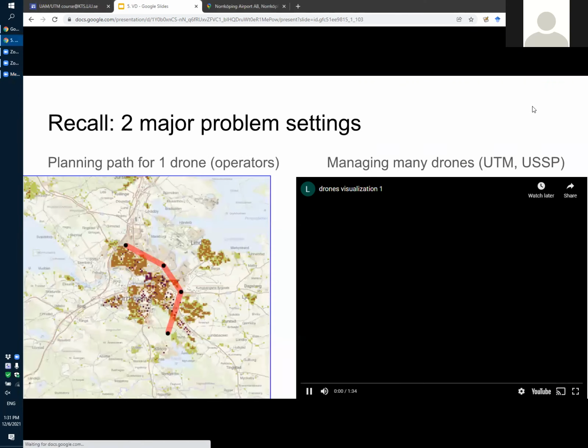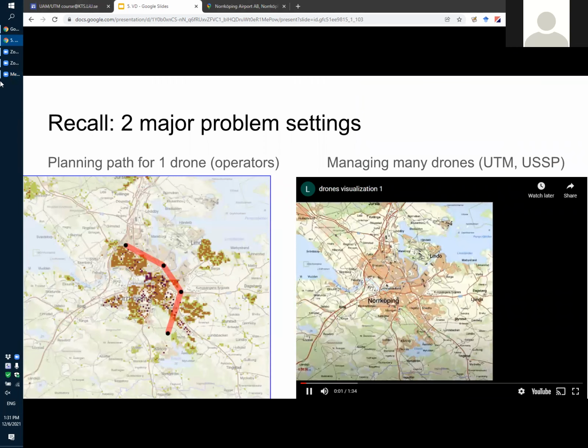And just to connect it to something that we talked about earlier, as you may recall, also in air traffic management in general, but in particular in drone traffic management, there are two different problem settings. Of course, they're connected. You plan routes for many drones, or plan a route for one drone, but still, there is a set of problems when you're focusing on planning a route for a single drone, or just planning a single route. And there you have all these questions about risk and other things that we look at,